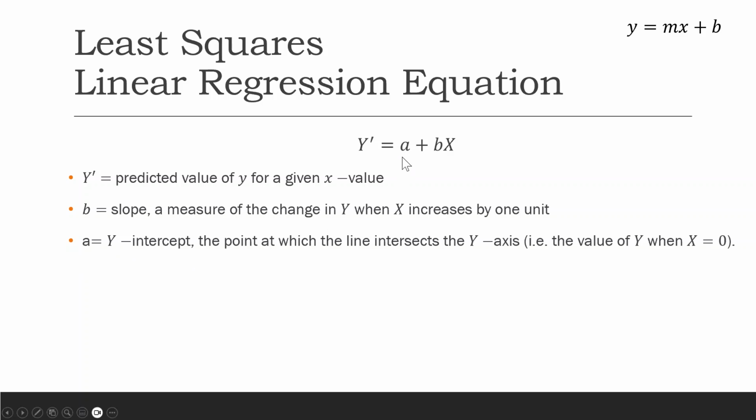We can find a and b that best fit our data using what we call the least squares regression method, and we're going to talk about that in the next slide. The least squares regression method allows us to use a formula to get the value of our y-intercept a and the value of our slope b. These are the values of your slope and your y-intercept. Your slope is given by your sample correlation coefficient times,